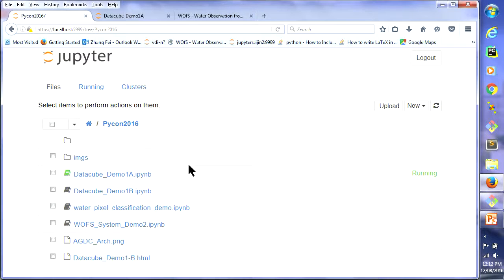So this is a Jupyter Notebook. I'm not running it on my own laptop. This notebook is running on NCI infrastructure, and I just access it remotely. The way to access it is I have to use an SSH client to log into the system, using a tunneling method, so that I can use localhost to actually access the NCI infrastructure. As a side note, there's a security issue with the Jupyter Notebook. Once it's running on your own laptop, it's fine, no other people can access it.